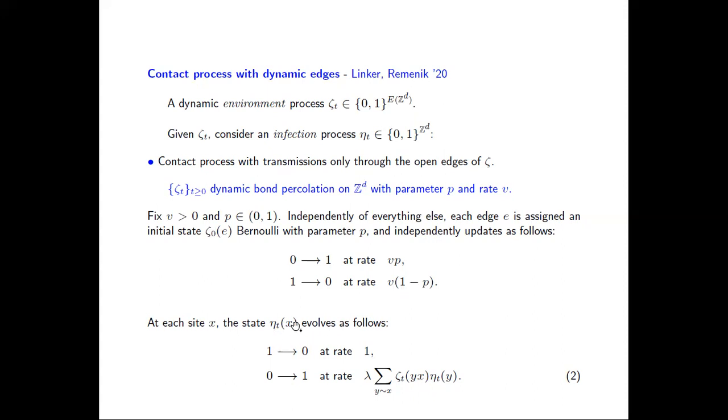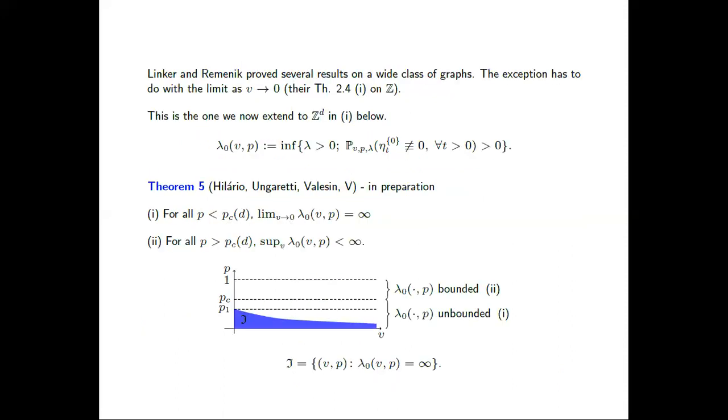You consider the classical contact process with rate lambda and 1, the usual contact process. The only thing is that only the open edges can contribute to transmit the infection. So people get put in quarantine for some time, then they go back without masks and so on. That's the way it goes. So the results of Linker and Hemenick